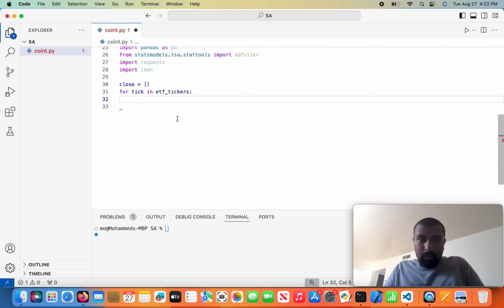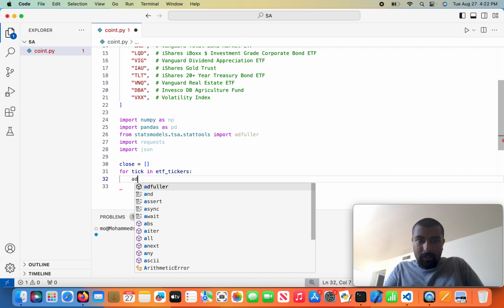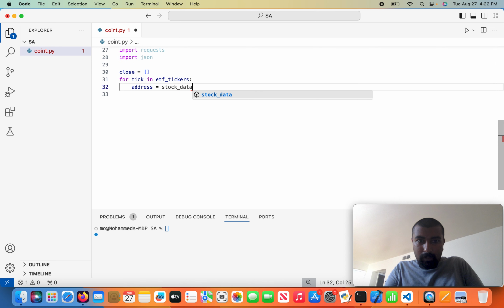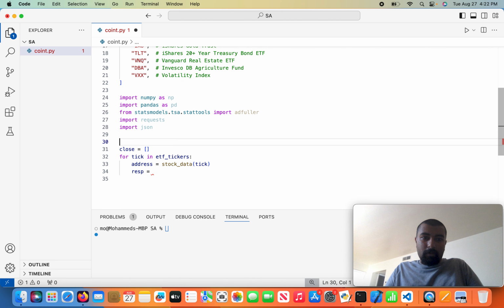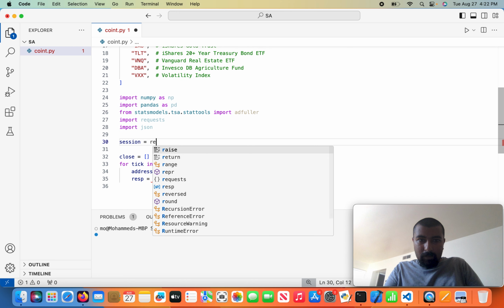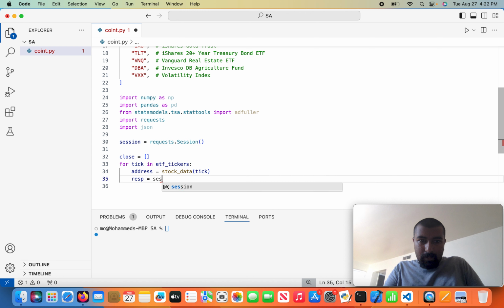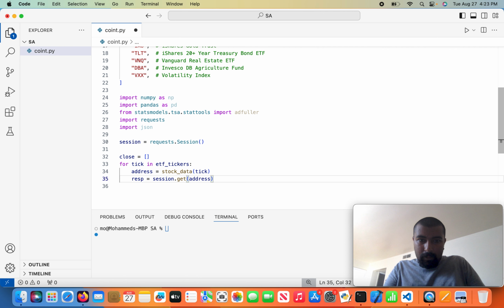Okay, so I'll do address equals stock data of tick, and then response equals, I'm going to create a session so it'll place faster requests. So session equals requests.Session. So this will be session.get address .json